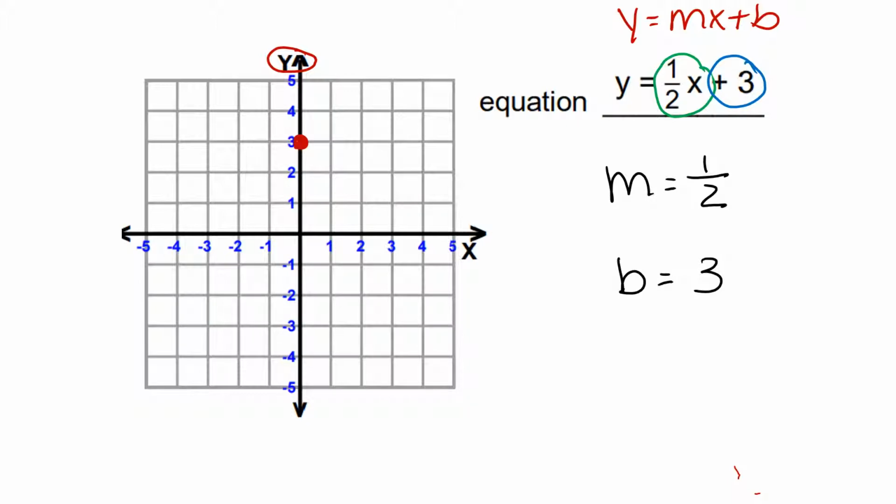My m value is a +1/2, so that tells me to go up 1 and right 2. That's how our fraction works. Up 1 and right 2 is going to put my point here. Once you get to the edge, we're going to go the opposite direction so we can make our line go all the way across. Down 1 and over 2. It's okay if it goes off the graph a little bit. We can connect our dots